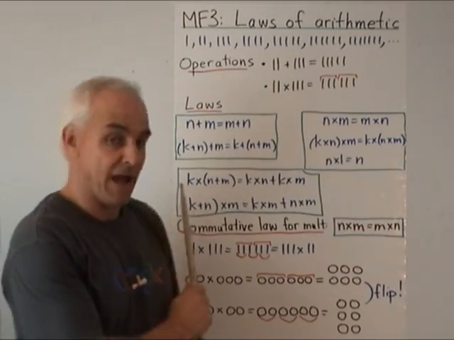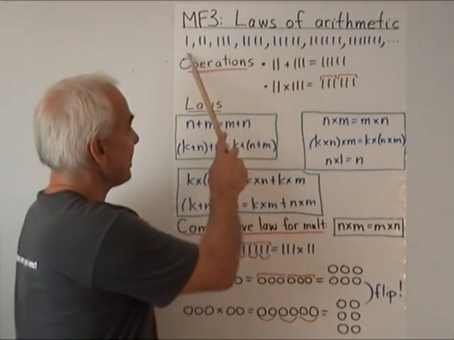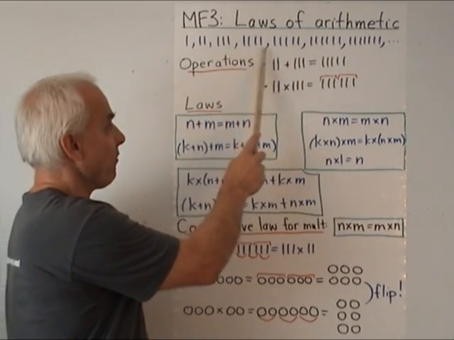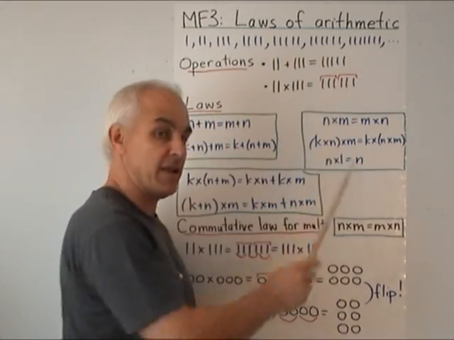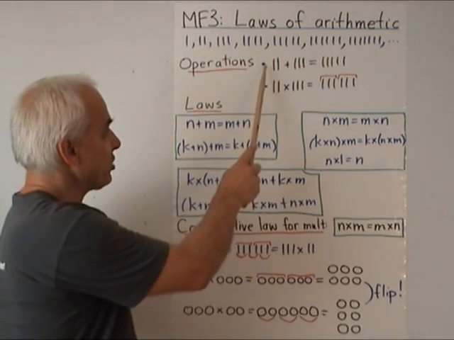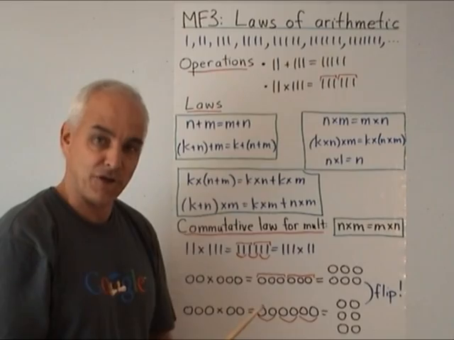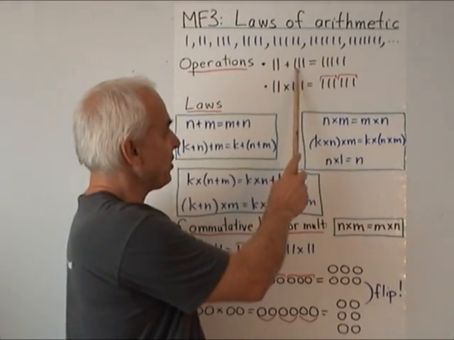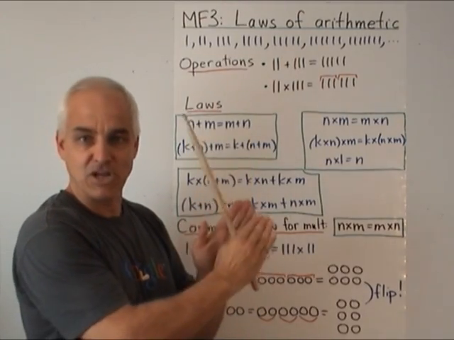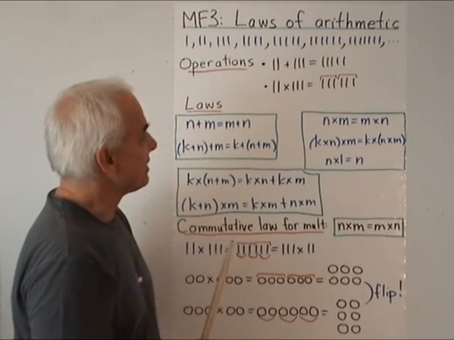So I remind you, up till now what we've done is we've first of all established what are the natural numbers. A natural number is just a string of ones, and they form this very natural sequence like this. We have two operations, addition and multiplication. The addition of two natural numbers is just what you get when you combine them by juxtaposing them in the simplest possible way.